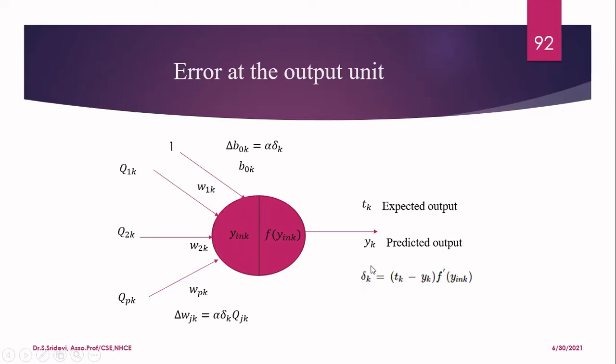So what is this delta k? This is related to the gradient, that is nothing but the change in the error. With the help of this only, you are going to update your weight values. So you have to find something called delta k, that is related to the gradient. How to do that? You know now T_k minus Y_k, you have to find delta k.